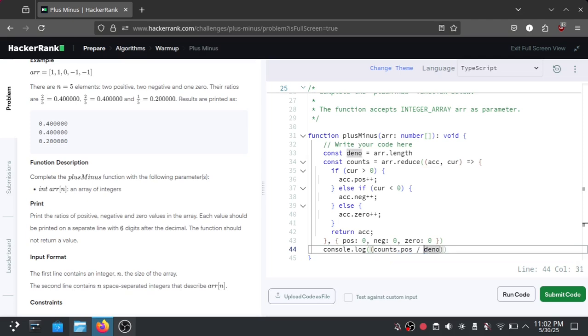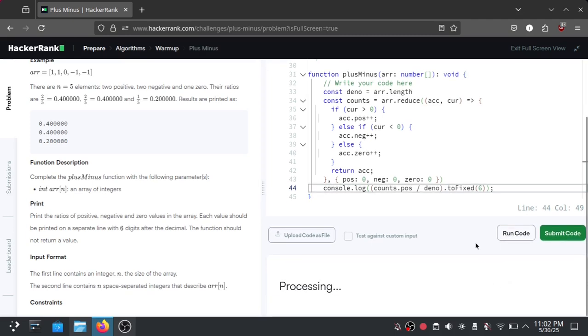So in short, we are using the numerator and the denominator, and don't forget to limit it using the toFixed function with 6 digits behind the decimal point. And let's test this code to see if it works.